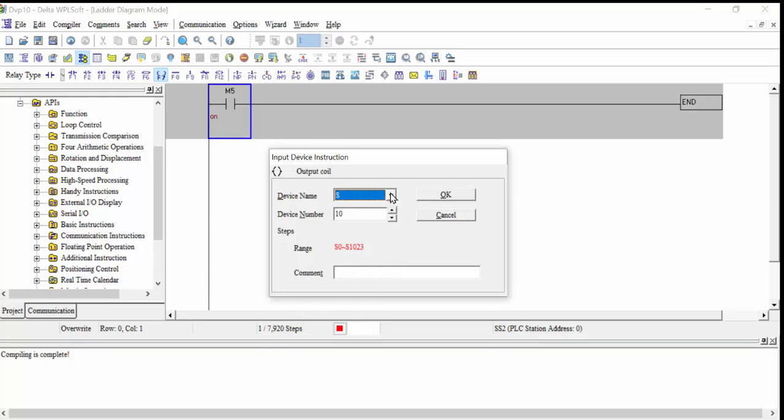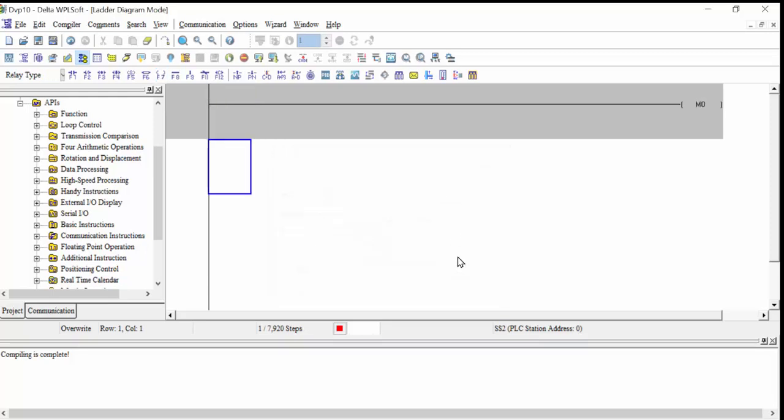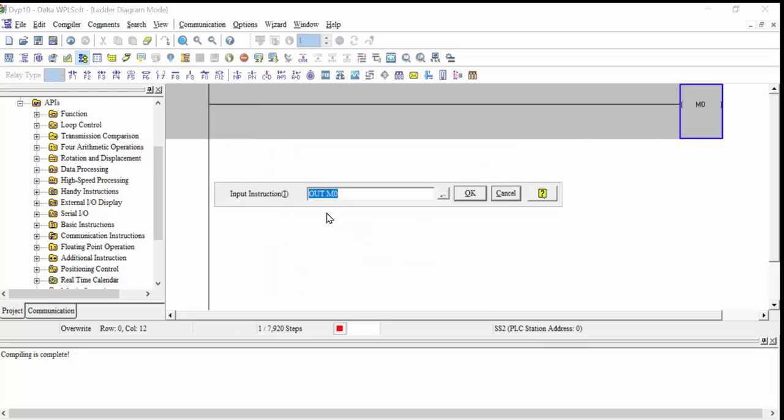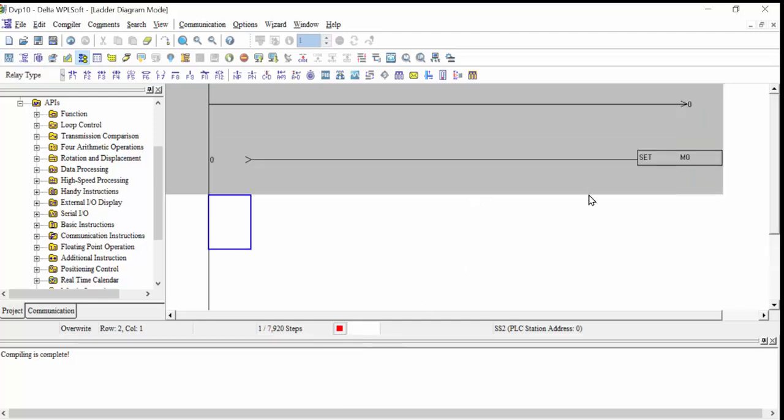Sorry, this is not S, we have to use M only, and this is the output coil. When you select this M0, here you can choose this one, selection out S. It is set when you like, after this you go to set,